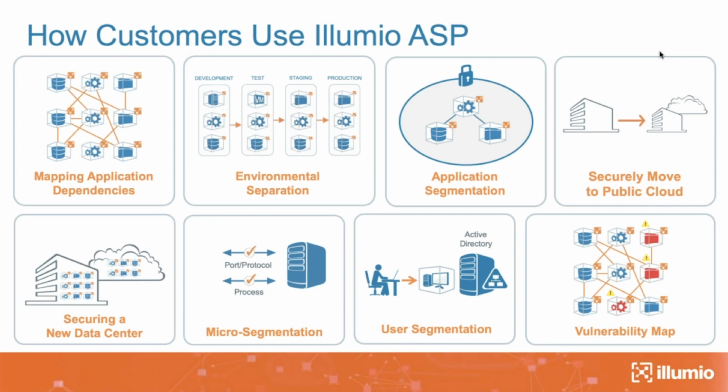So, in terms of our customers, how they use Illumio and its product is in a variety of ways. Our customers sometimes start out with just getting visibility, using the application dependency map to see how things are working, or if I need to move things around, I'm better off knowing what is where and how they communicate versus doing it blindly. Sometimes it's just environmental separation, like we talked about. Separate out the environments, that's a good enough win for me, or at least for this particular application. Or you might choose a specific application and ring fence it and say, I want to protect it. Or you can go down very granular and do micro-segmentation and lock it down at port protocol level.